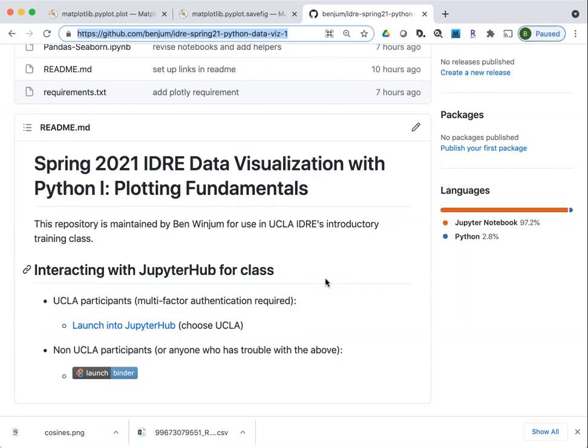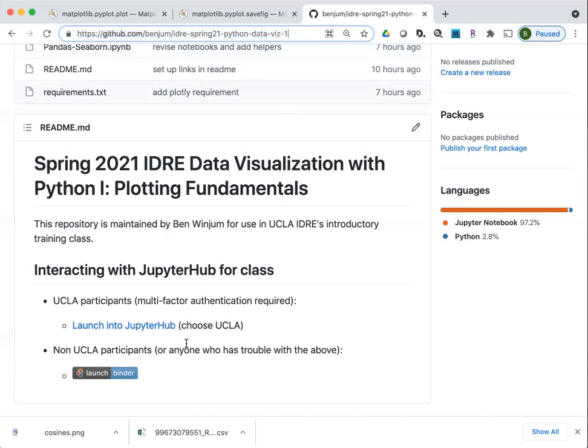So this is the first workshop. I'm going to be giving a follow-up workshop next week, which is a little more advanced. This morning, we're primarily going to be focusing on using matplotlib, which is one of the most widely used graphing libraries in Python. And we'll also be touching a little bit on using pandas and Seaborn to make graphics with Python as well. So I've made the materials available in this GitHub repository.